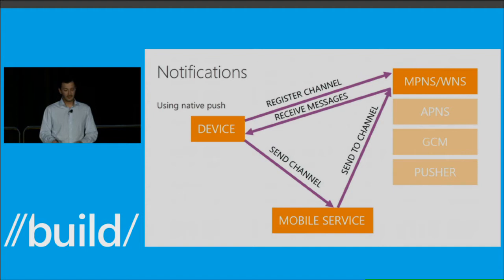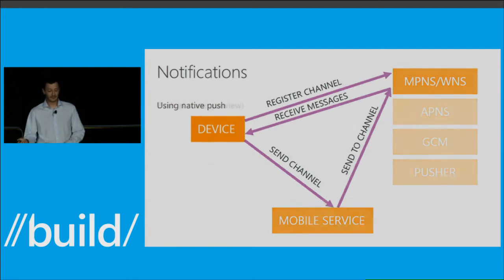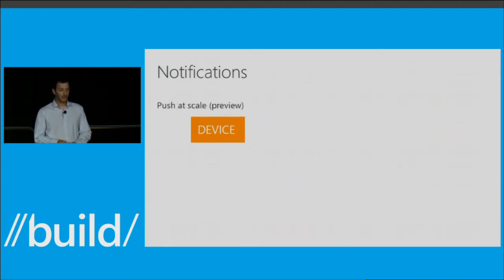We have, right, and you received the message, obviously. We have another approach which works much better at scale. So in the previous approach, you notice I have to store all the channels myself in my mobile service backend. And if I want to send a notification to every single channel, I have to go inside that table and now go row by row by row and send an individual push to MPNS for every user in that table. And that doesn't scale if you want to send a notification to all your app users. So